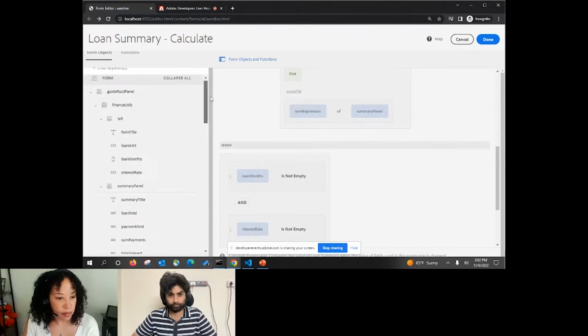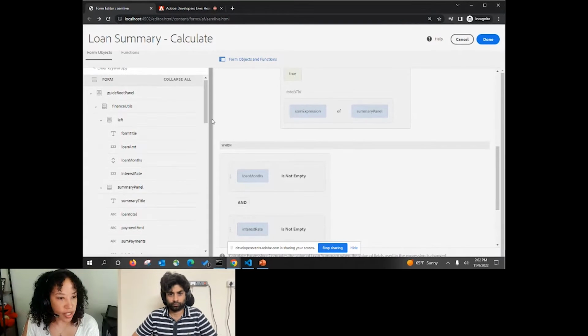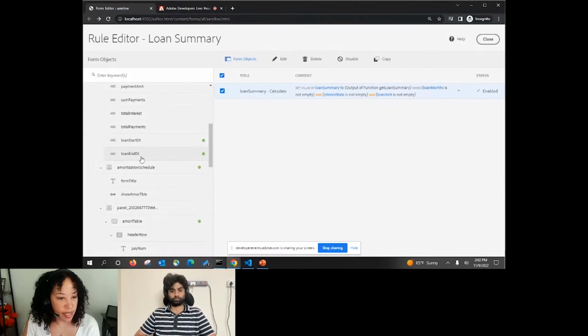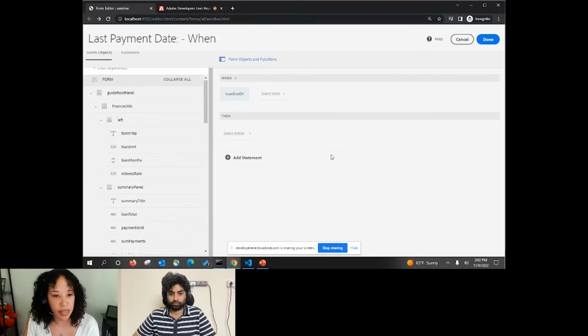Okay. All right. So I'm going to go back to this loan end date function that was not populating. You see, I have that as disabled, but for the sake of the demo, I want to quickly show you how you can leverage a function and create this functionality. What I want to do is populate the loan end date into this loan end date field. So here you can see we have several conditions. These are all out of the box.